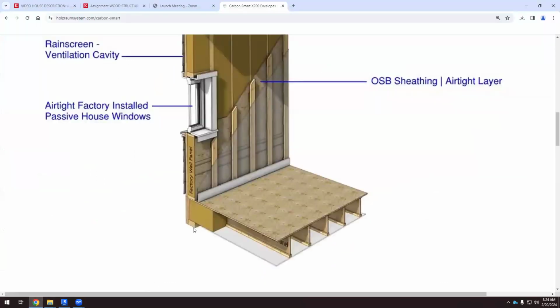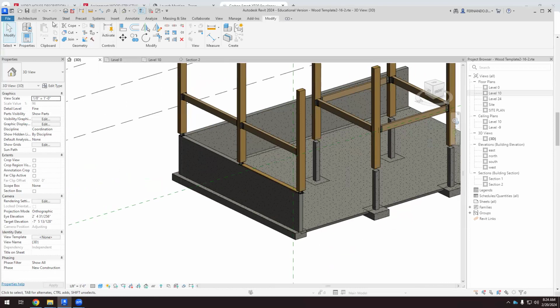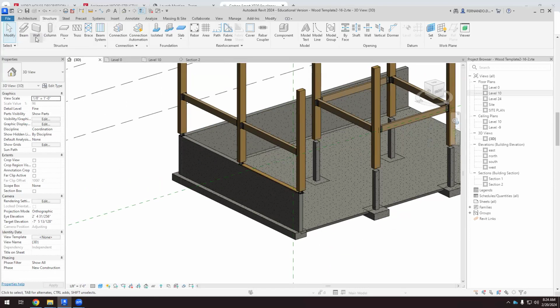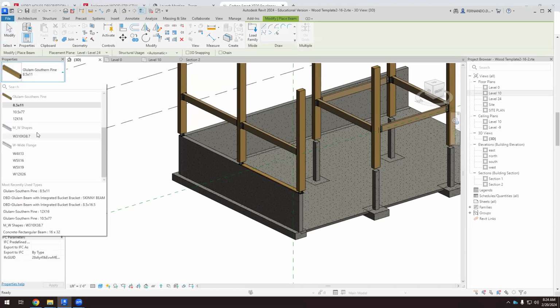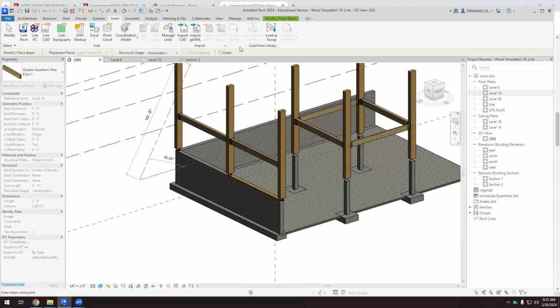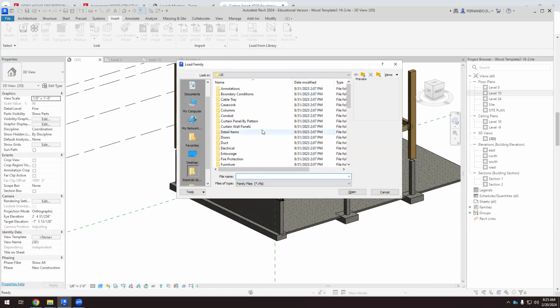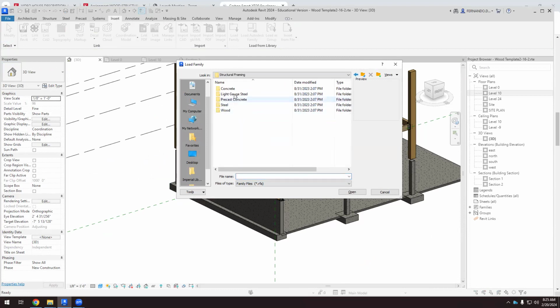If we look at this, you see that here we have this element. Then above this element, we have these joists. I think we have joists like that in Revit. I don't know if I loaded those families here, but if I go to structure, beam, I did not. Okay, so let's go to insert. Load family. And here in structural framing, wood,